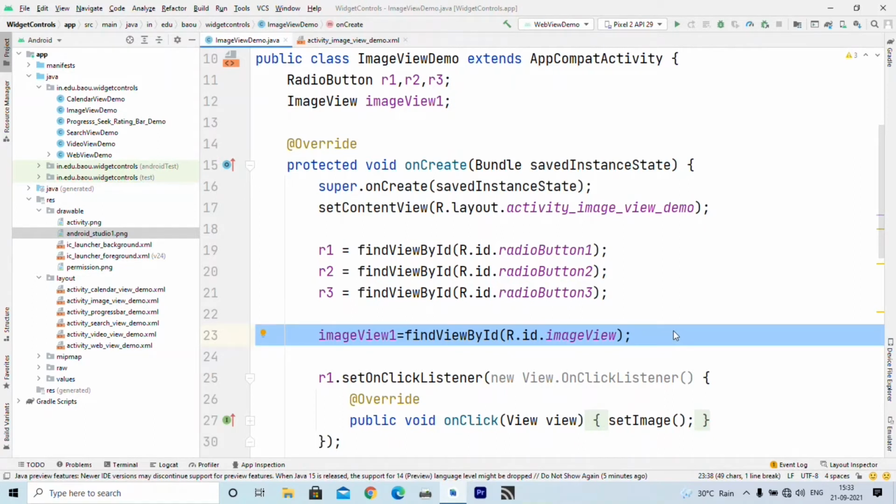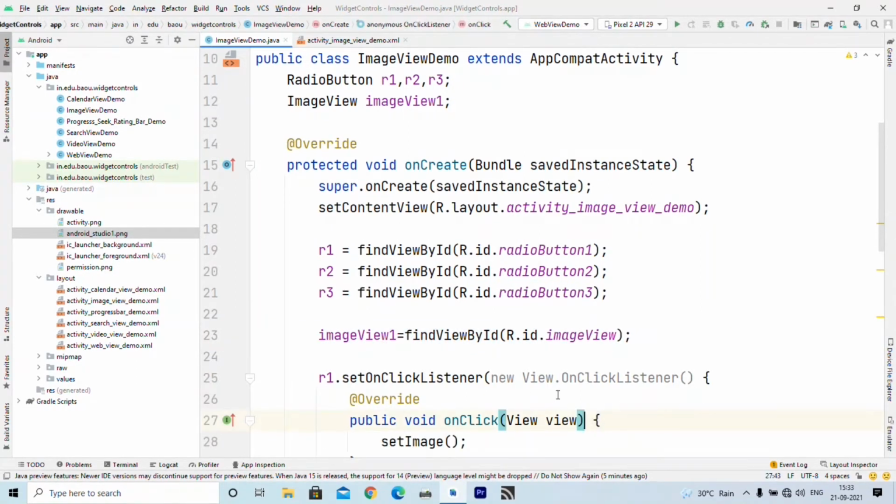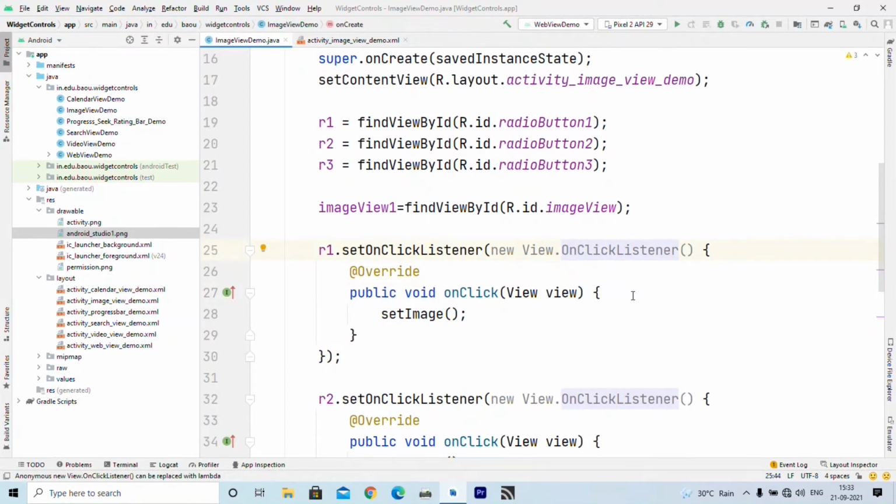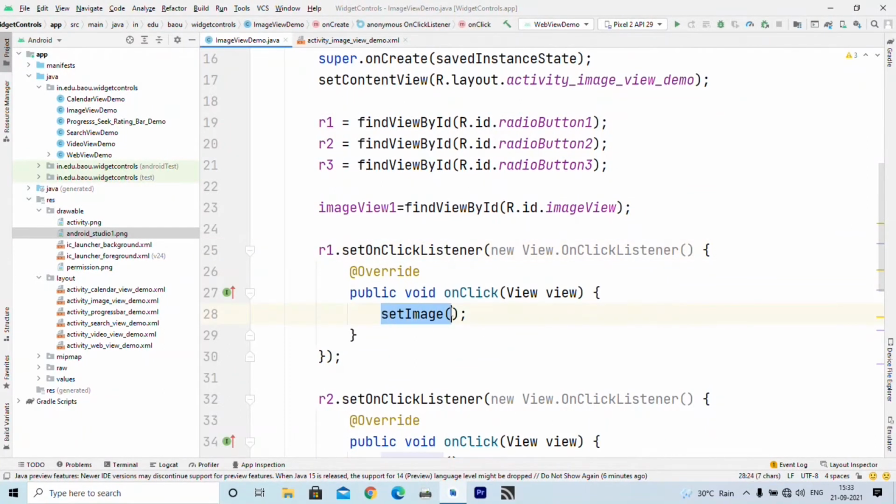Now we have learned that all radio buttons are nothing but a type of button. So we have to implement the on click listener. Like button 1 dot set on click listener, we write R1 dot set on click listener, and inside that I have written one method or function which sets the image.